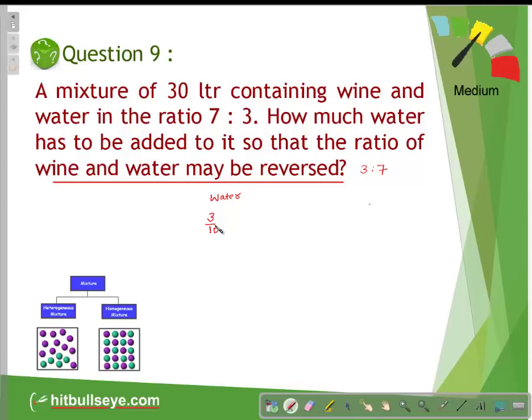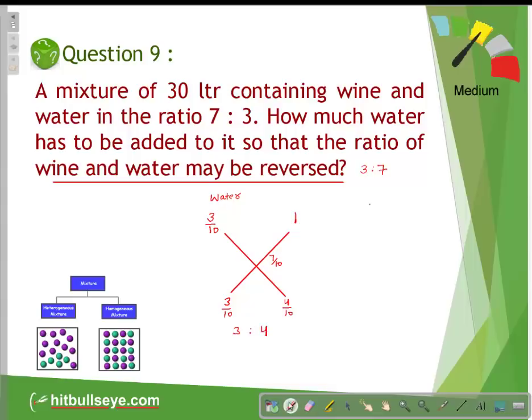What are you adding to this? You are adding to this water, which means complete water, that is whole. This is water only, so it will be represented by 1 in fraction. Now, these two are mixed so that there is 7/10 of the water. Then you take up the difference, 3/10, 4/10. The ratio happens to be